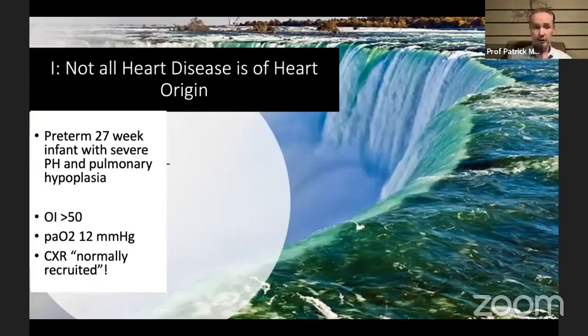And I won't forget it. I was a young faculty. This baby was sent to me on a weekend. The infant had a PO2 of 12, the oxygenation index of 50, and reportedly had a chest x-ray, which was